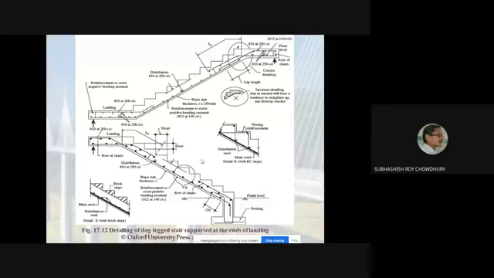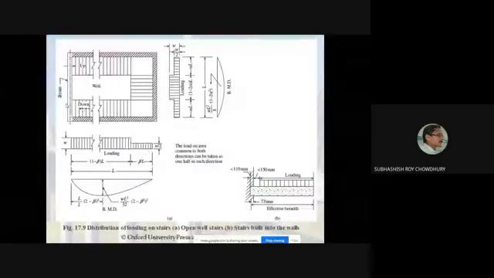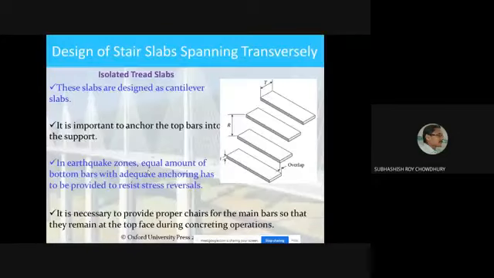Already I have shown you with this figure that this will be the load over the, say it is supported here, say it is supported here. So simply you consider the span as a simply supported span, calculate the maximum moment, and against that you provide the steel at the bottom face of the slab. That is being told here.